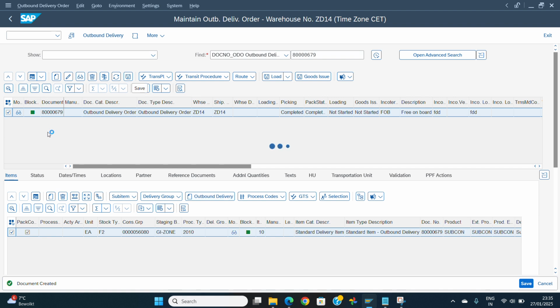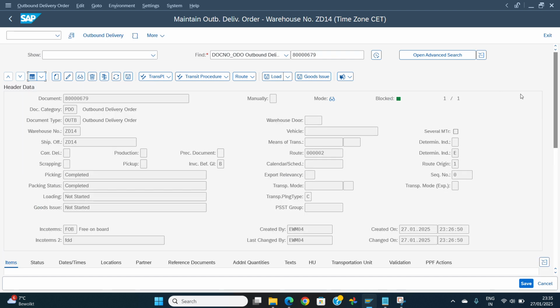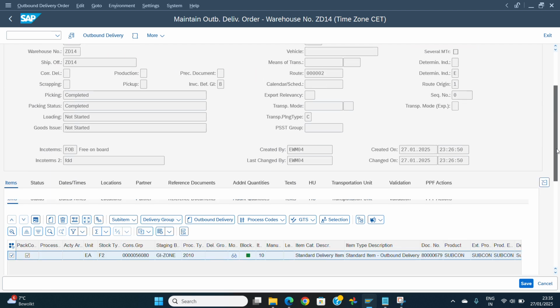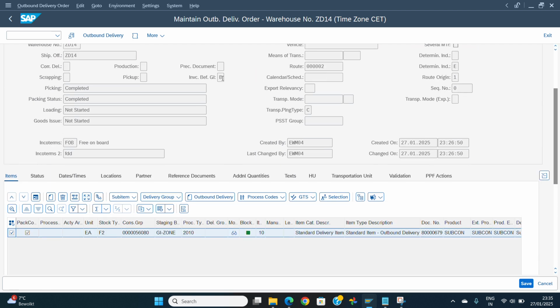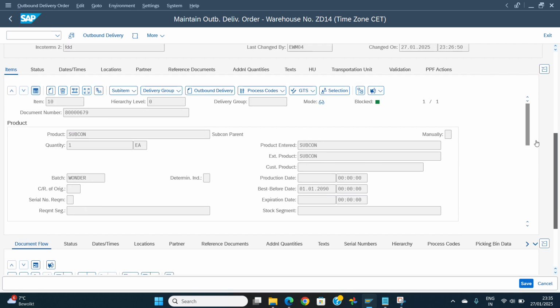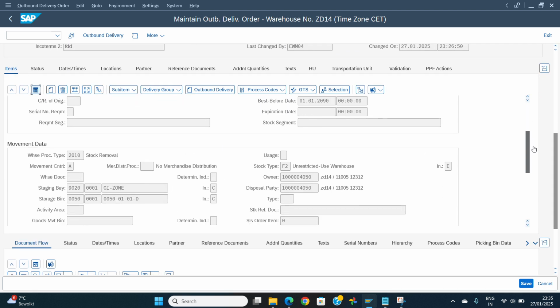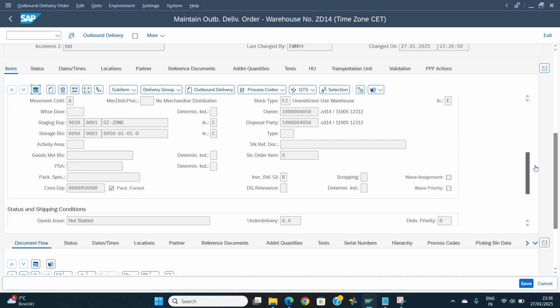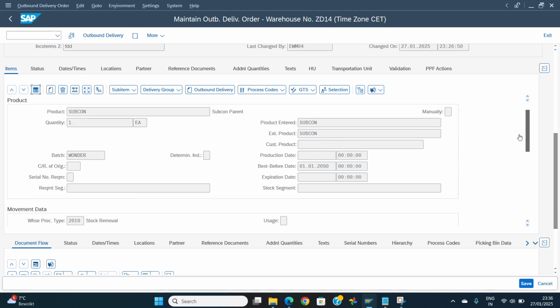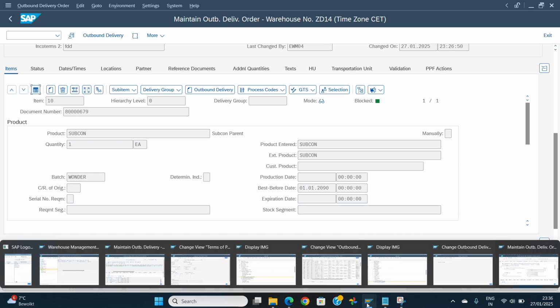Before we go and see the details in the outbound final delivery, an important point is to make sure that the indicator in your EWM outbound delivery for IBGI is as per your setup. So we did the route dependent one and it is visible, and the same value can be seen at the item level. If any of the fields is blank, then the invoice won't be generated. And as I said earlier, and we have seen it also, that if we go to